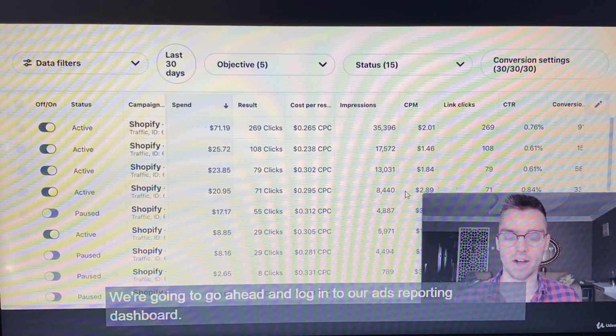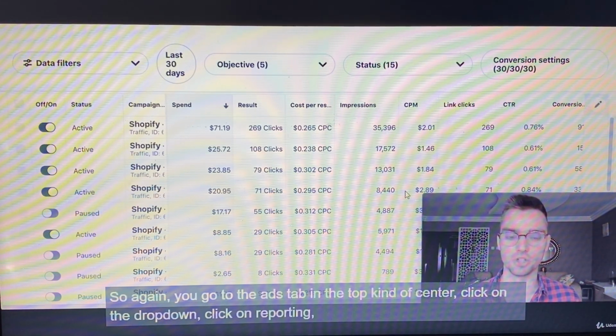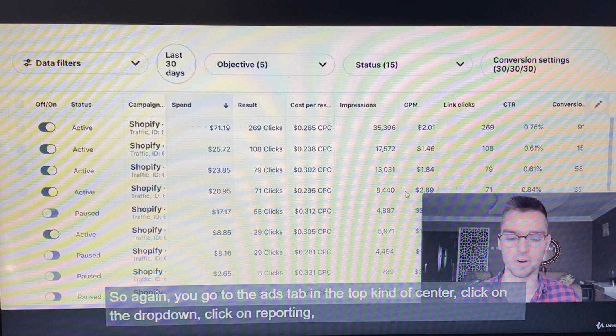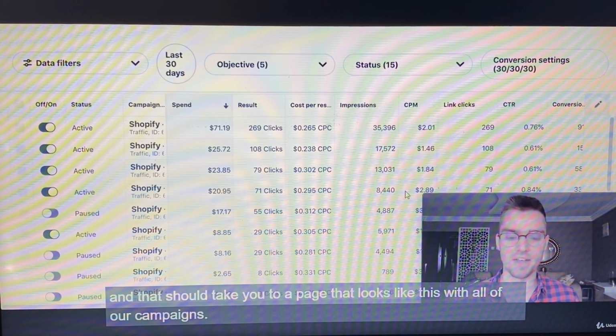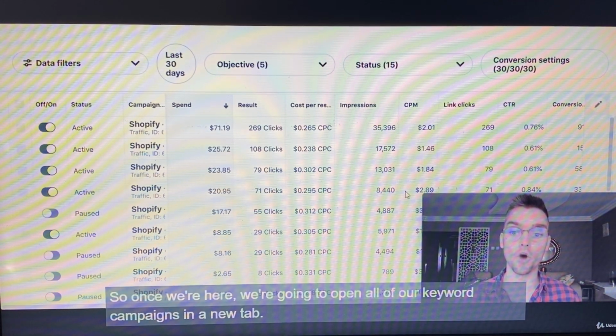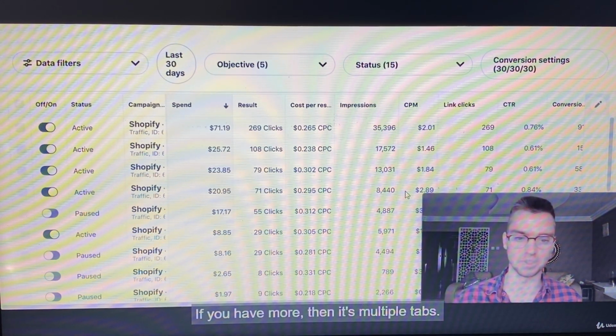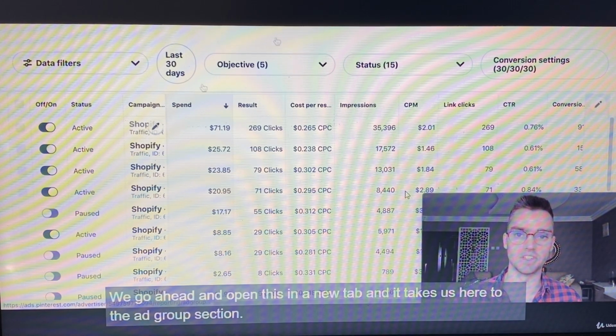So without further ado, first, what we're going to do every week is log into our ads reporting dashboard. So again, you go to the ads tab in the top center, click on the drop down, click on reporting, and that should take you to a page that looks like this with all of our campaigns. Once we're here, we're going to open all of our keyword campaigns in a new tab. If you only have one, then it'll just be one. If you have more, then it's multiple tabs. So let's say it's this one, we open this in a new tab,